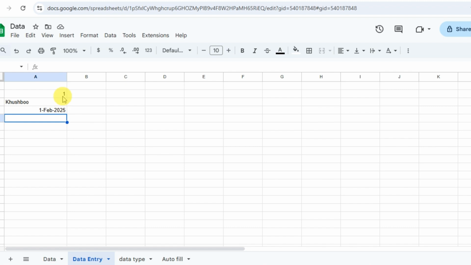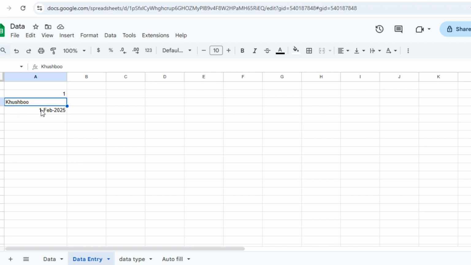And one thing you have to keep in mind: the alignment of the text tells you which kind of information you have added, what is the data type of the information. For example, number information always comes on the right hand side of the cell. Similarly, date information also comes on the right hand side. But string information is stored on the left hand side of the cell.